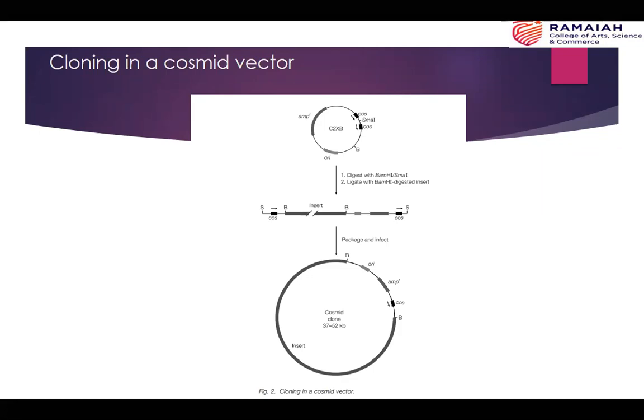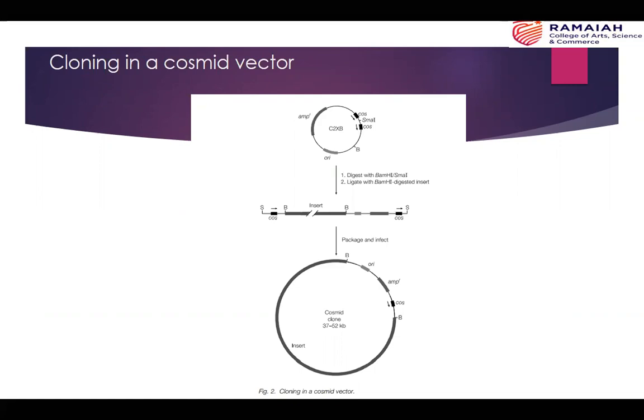Because of the availability of techniques like pulse field gel electrophoresis, we are able to isolate larger DNA fragments up to 7 MB. If you look at the properties, all the features of plasmid vectors are available. In addition, they also contain the COS sites. So if you cleave the vector with the appropriate restriction enzyme and allow the ligation to take place, it produces the appropriate size of linear DNA. It can be packaged into a phage particle, and then when it infects the suitable host organism, it would be able to circularize and then propagate as a plasmid.